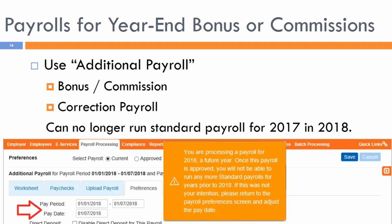So we have payrolls for year end, such as bonus and commissions, very common this time of the year. A quick note on these payrolls: it is not unusual for companies to process direct deposits that greatly exceed payroll amounts for which their electronic services application was approved. We strongly recommend that you do one of the following if you have a much larger than usual direct deposit for a payroll. You can change the pay date or approve the payroll one day earlier than normal so that